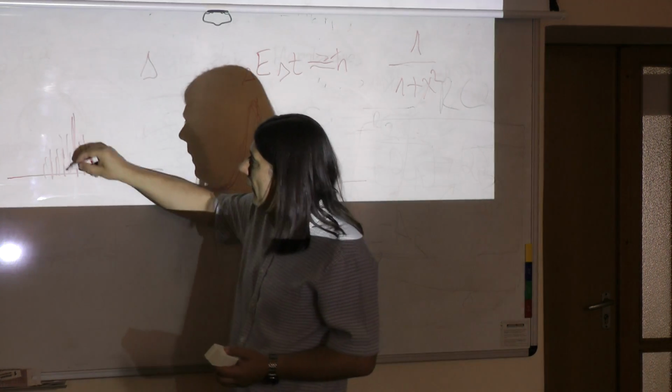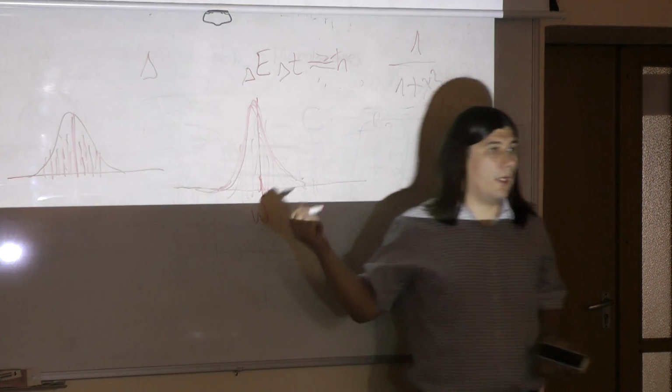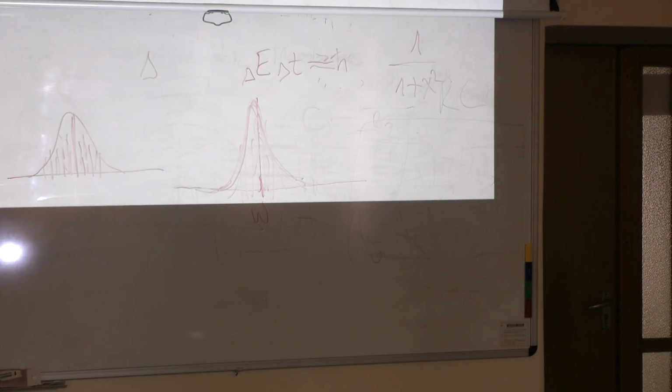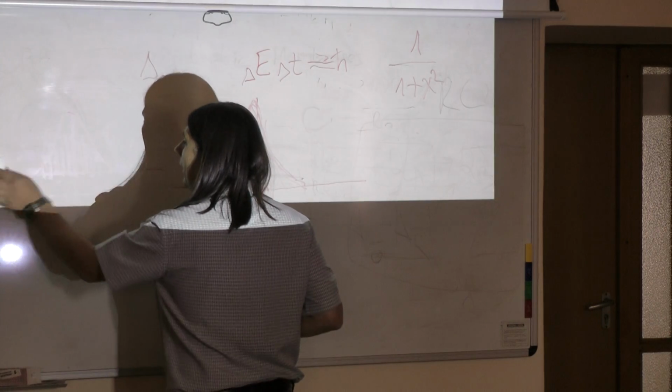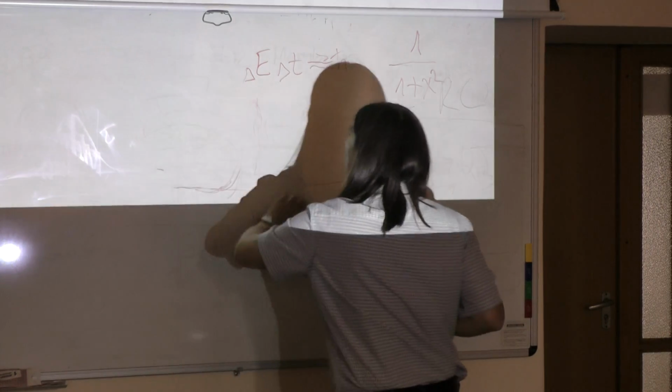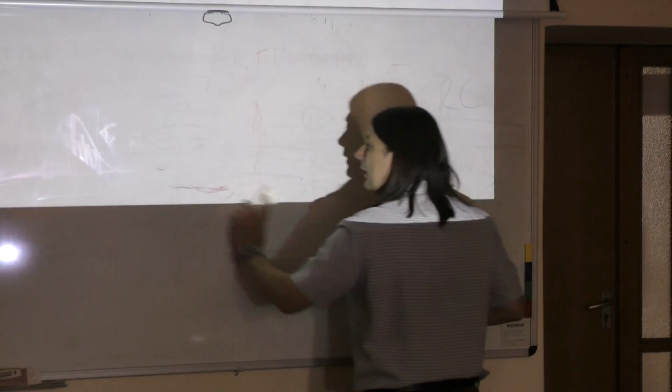If we just keep adding, we will eventually form what kind of shape? A Gaussian. Yeah. So the line shape in the inhomogeneous limit is Gaussian, in the homogeneous limit is Lorentzian,